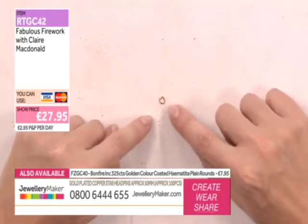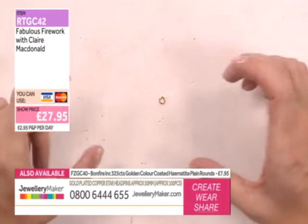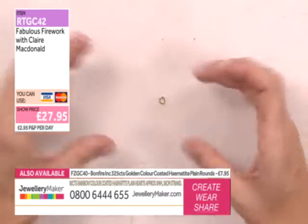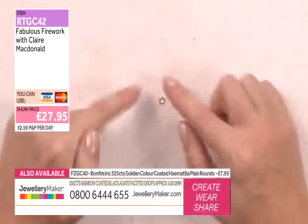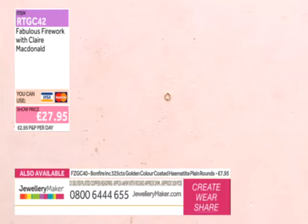These are just the standard jump rings that you will get in the findings pack. Whichever size jump ring you work with will alter the shape of your flower fireworks. Obviously the bigger the diameter, the wider and larger it'll be, and the more you will get around the edge. So if we start off with this size, I'm just going to work with some 0.4